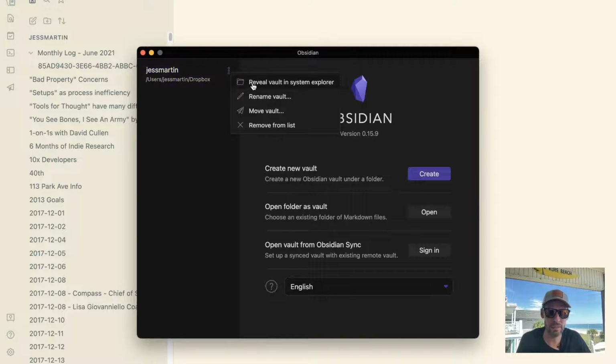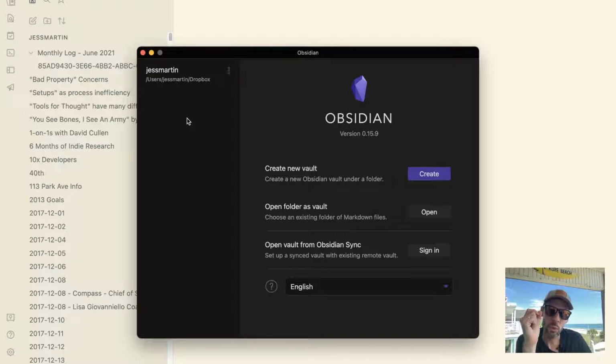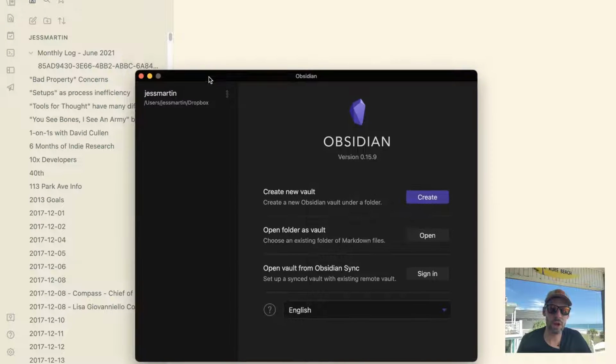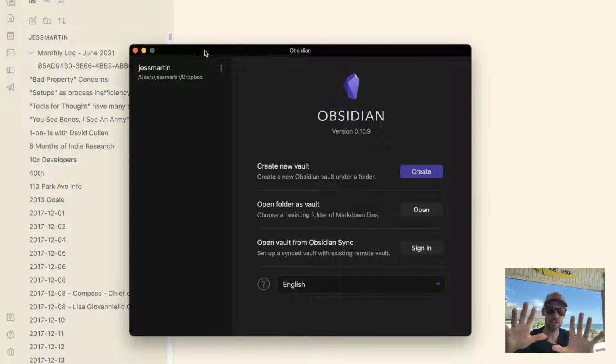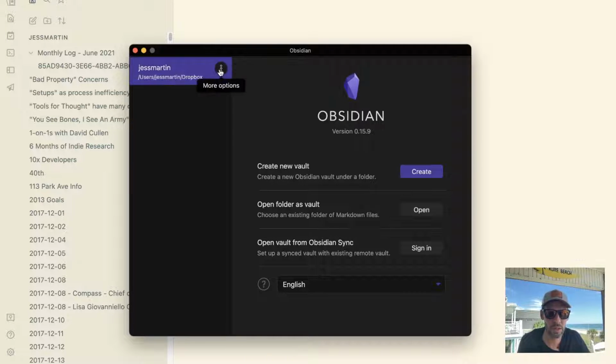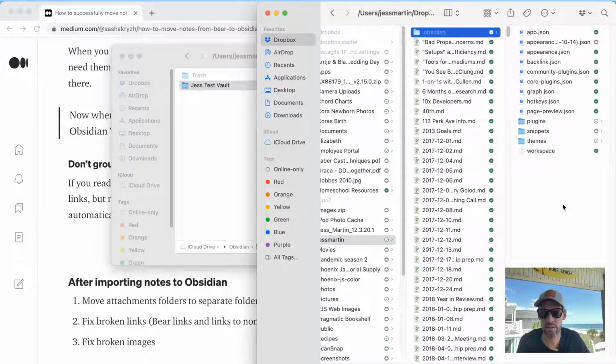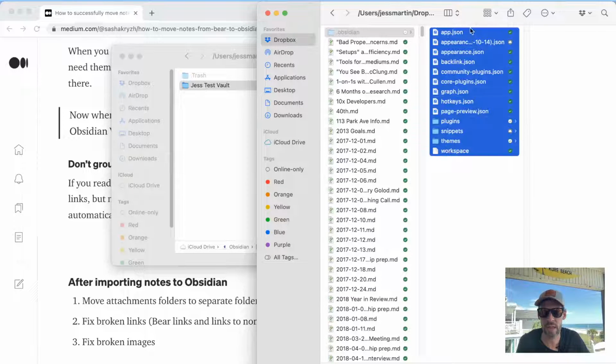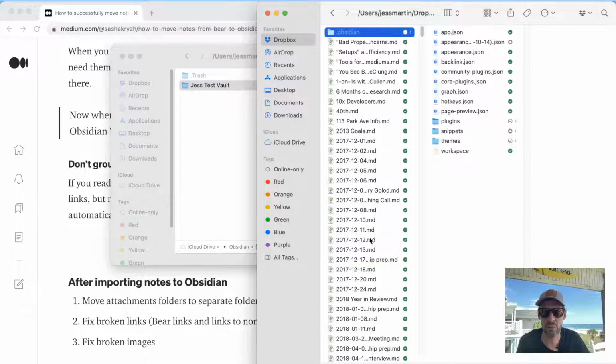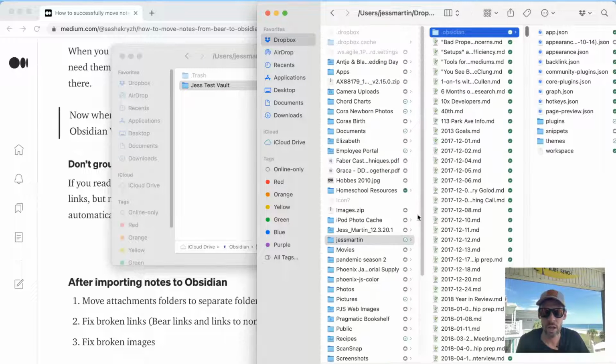So I think some of the vaults, can I move this vault to, so a couple things here. One, you might have noticed when I opened a second vault that the interface changed. It's because settings appear to be in Obsidian tied to vaults in some way. I think they're actually maybe even stored in the vault. If we go to reveal this vault in System Explorer, there's a .obsidian directory, there it is. And this .obsidian directory, I think, has all of the things related to the configuration of that vault.